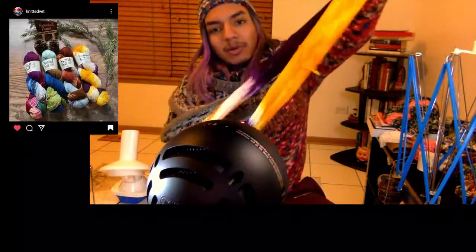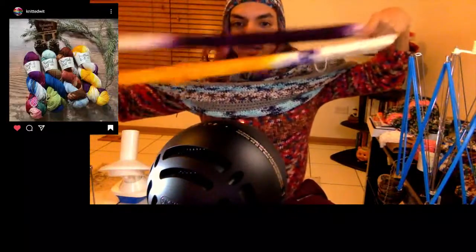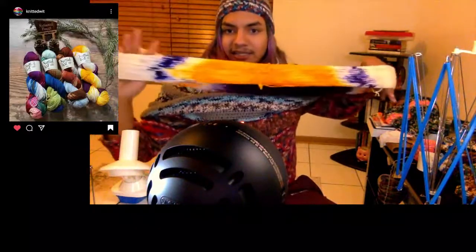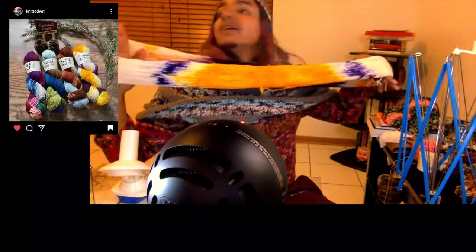White, purple, and yellow. I'm interested. I've never seen this technique from her before. But I do know that when you do this technique, this is actually the best way to get an even dye pour. So if you're trying to do